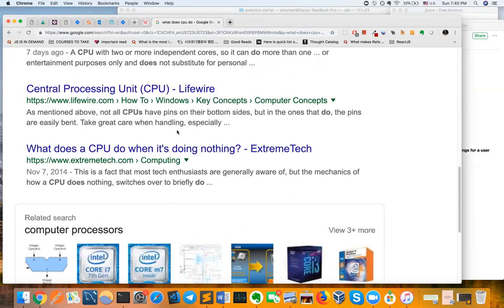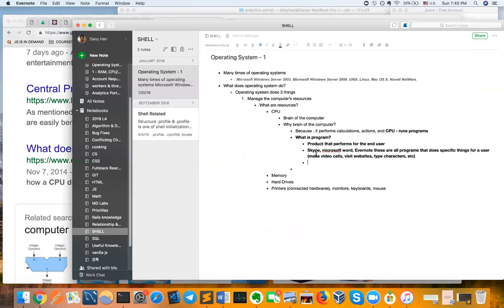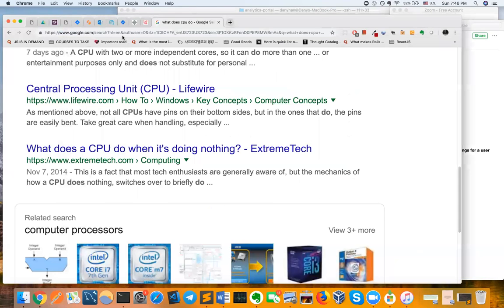Well, it's not written here, but another thing that really is important is CPU works with memory. Basically, CPU manipulates and controls memory, sends instructions to memory. So memory depends on CPU, right? Which is why CPU is the brain of the computer. And so what is memory? Any guess?